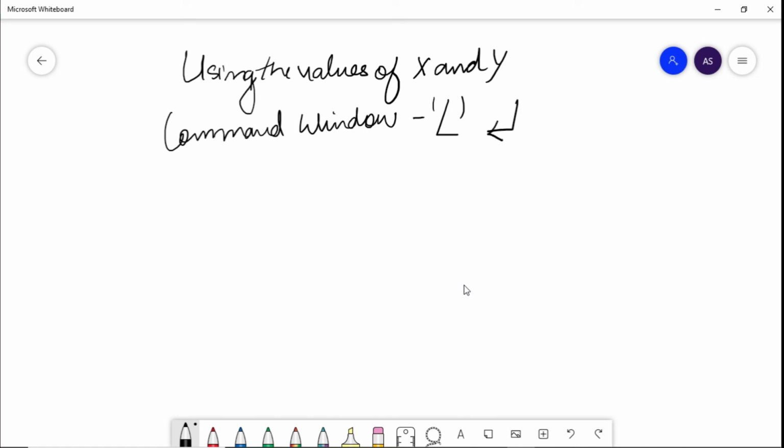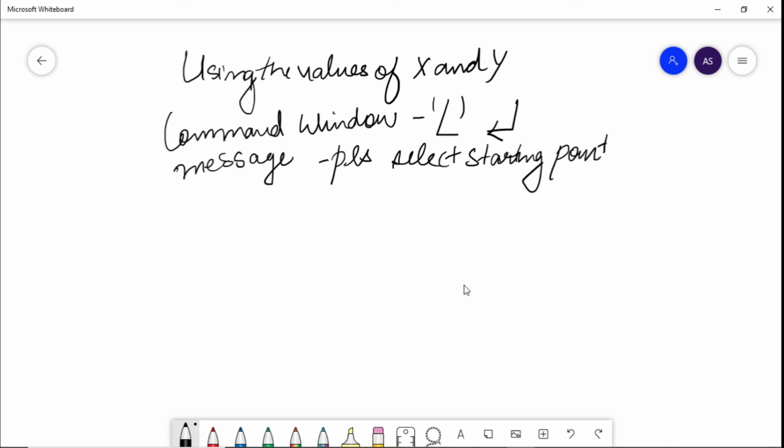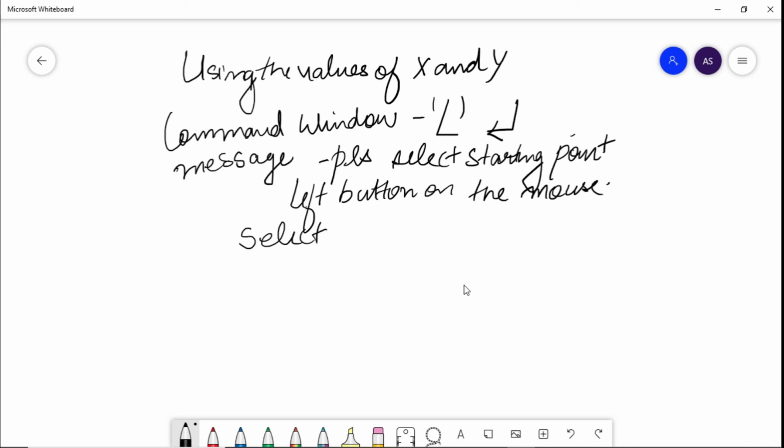It will give you the message, please select the starting point. So with the left button on the mouse, you will select the starting point